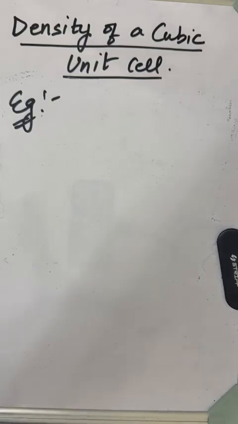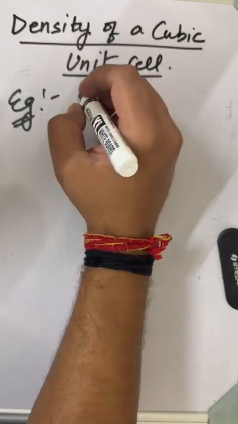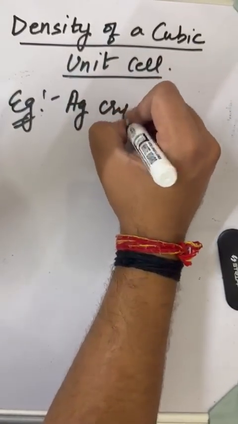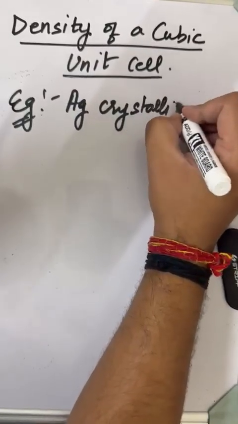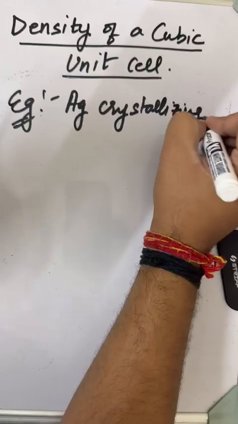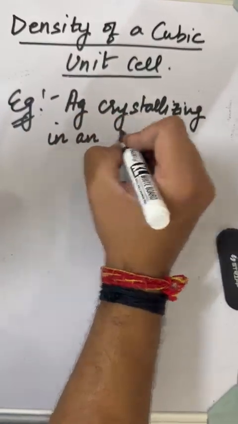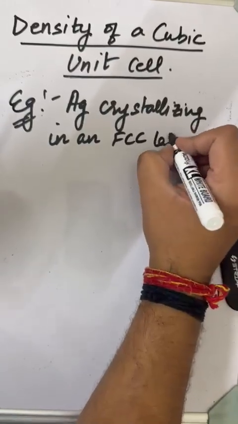So let me just write the question here so that it is easy for you to understand. So silver, Ag is basically silver, crystallizing in an FCC structure or lattice